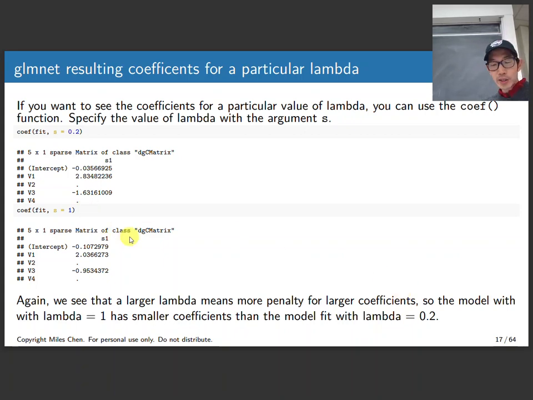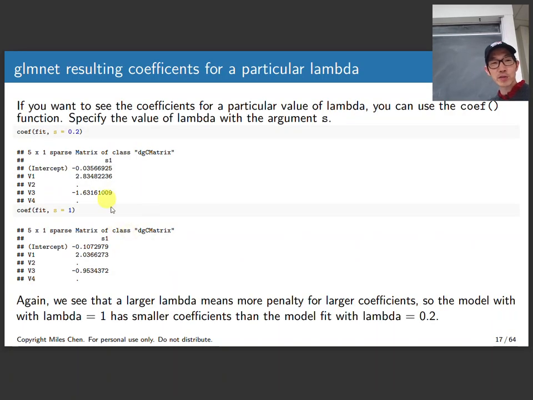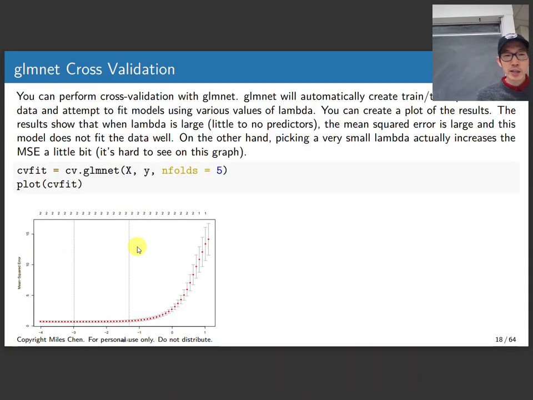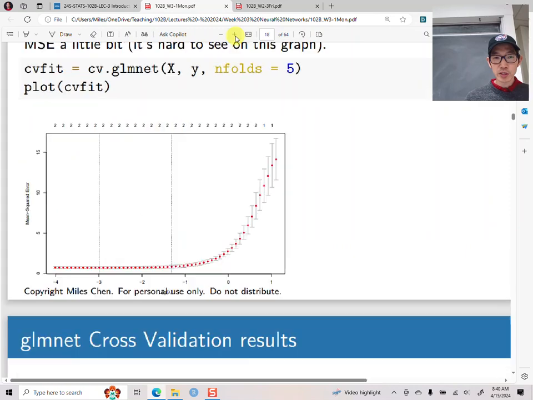Okay, if you wanted to see what the specific coefficients are when a particular value of lambda was used, you can do that. You can specify this. GLMNet also includes an automatic cross-validation feature,